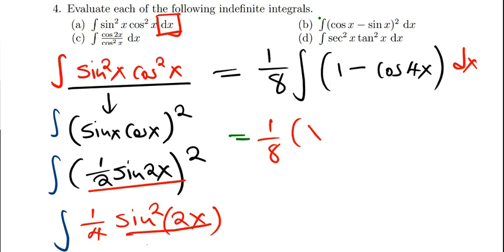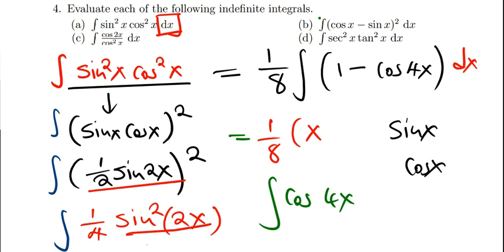Okay. Now what is the integral of minus cosine? Or better still, forget about the negative and just say, what is the integral of cosine? What can you differentiate to give you cosine? The derivative of sine x is cosine of x. So therefore, reversing the differentiation, the integral of cosine of 4x is just going to be sine